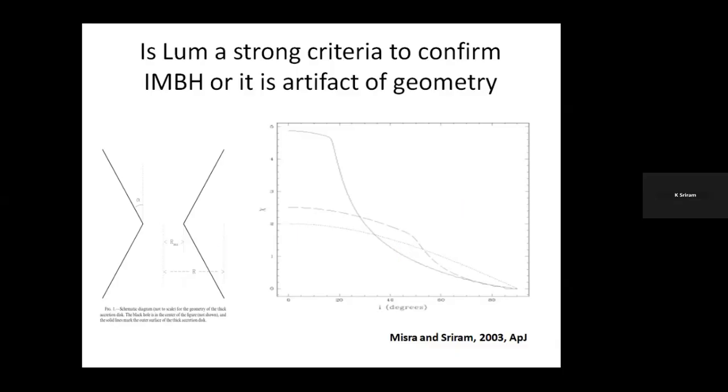We did this geometrical calculation. At that time, we wrote a code in C, which ran for, let's say, 2 days to get one curve. We found that you can explain these luminosity differences, but only if it is about 5 times the baseline luminosity. If it is 100 times, even this model can't explain it. This was a very small MSc project, but of course, it came out in a very reputed journal, a US based journal.